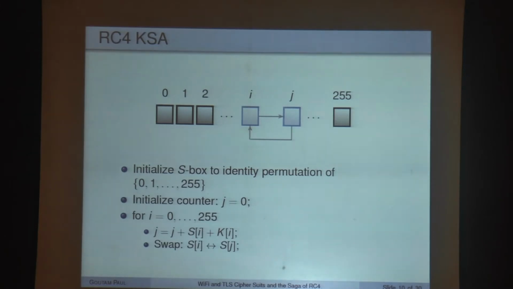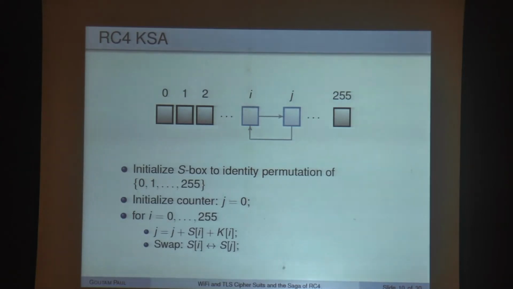Here, initially the state was completely non-random. You can predict that at this index I have this value, but after this key scheduling operation, the state has the same values in a random permutation. Some values go to the left, some to the right, so from an index we cannot guess its value.